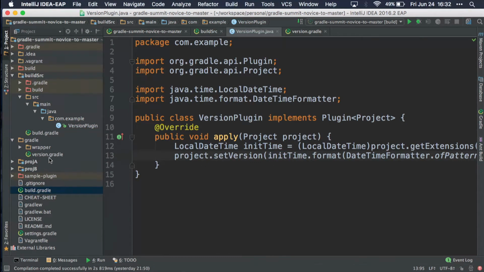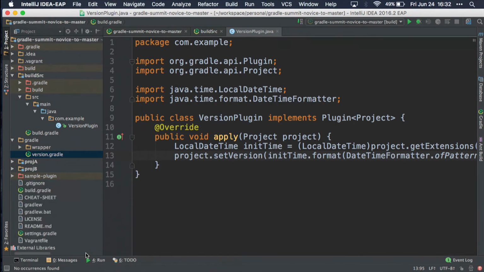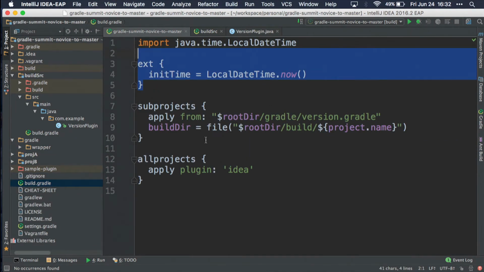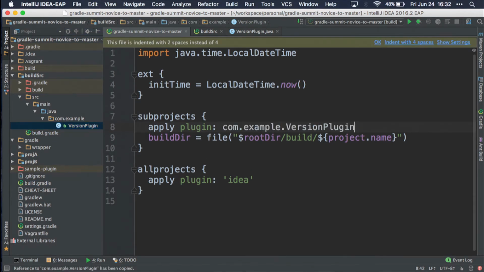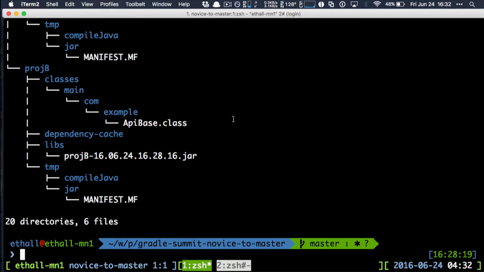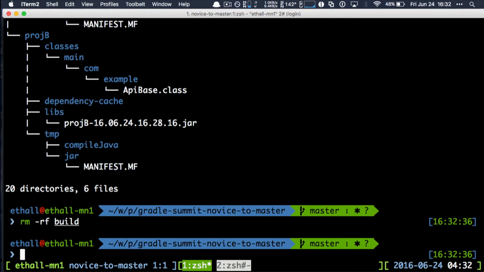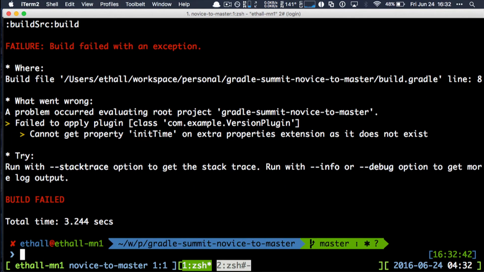here. So before I finish that, I'm going to delete this script. IntelliJ is nice enough to tell me that I'm using it somewhere. I don't care because I'm going to apply it. So I'm going to do apply plugin, and then I'm going to give it the fully qualified path to the plugin. It's not what I want. I want this. So I'm going to delete the build directory again. I'm going to run the build. Assume I didn't have any typos. Should work.